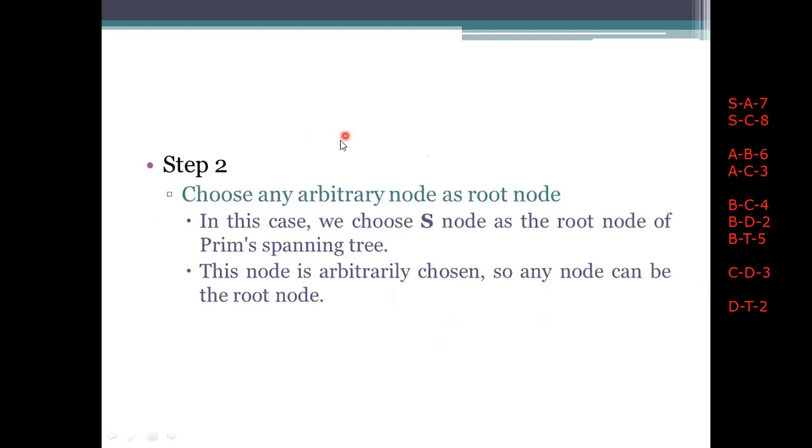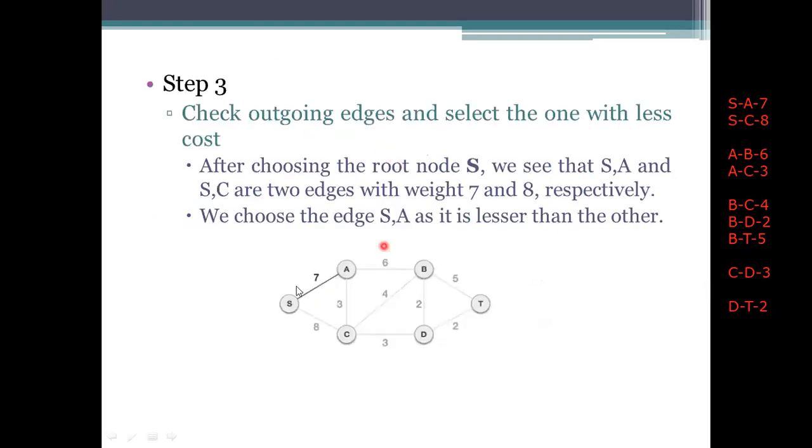So first, what we have chosen is the S here. What is the algorithm saying? We need to go for the adjacent nodes here. What are the adjacent nodes for the S? These two are the adjacent nodes for the S, and we use the minimum cost here. It is S to A. So choose this one. Okay, 7 has been chosen, and this is the edge. This edge has to be added to the E set, capital E set.